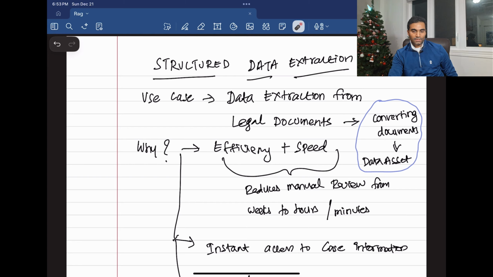So why? We all know that almost all the documents in the legal domain are in the form of text. Either it may be in the form of PDF or scanned, everything will be in the form of text only. Okay, it's a text-heavy domain. So if we are able to extract